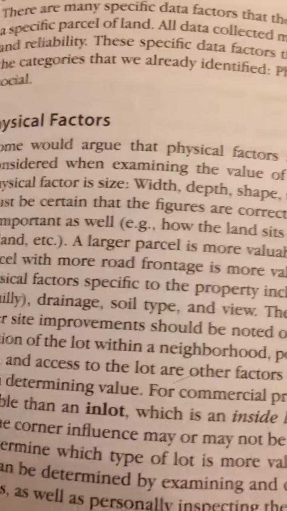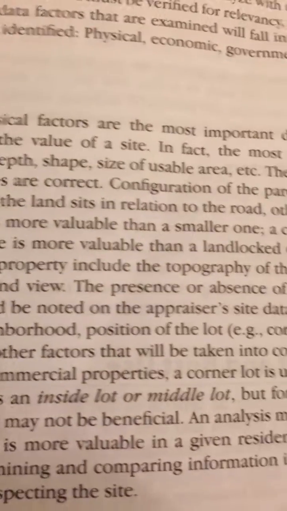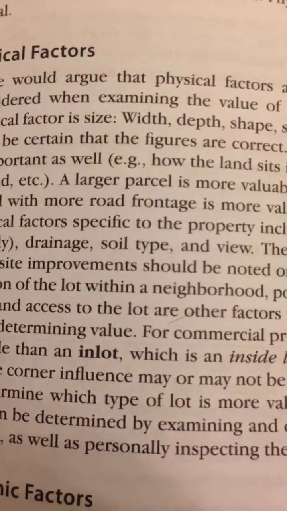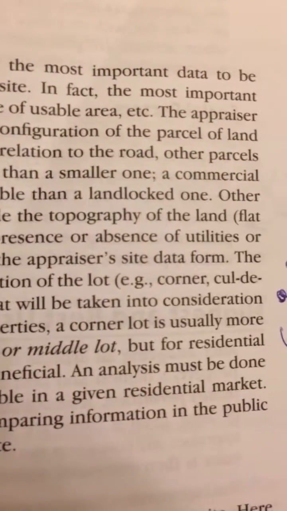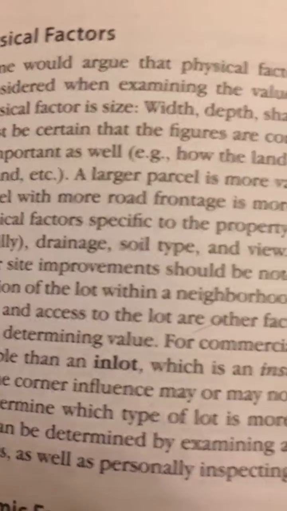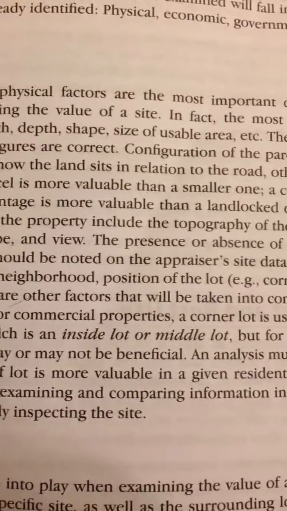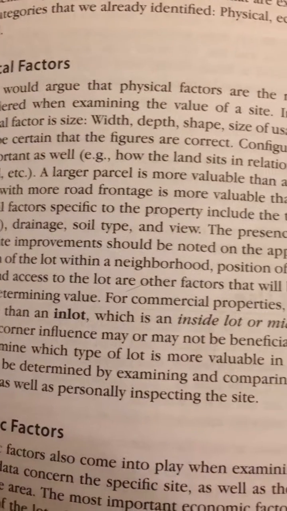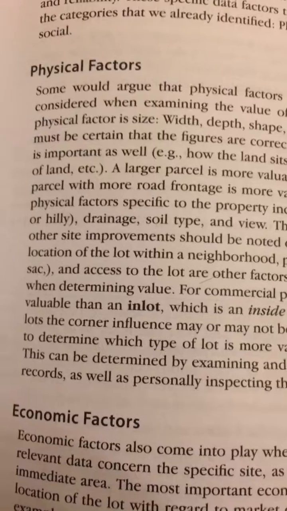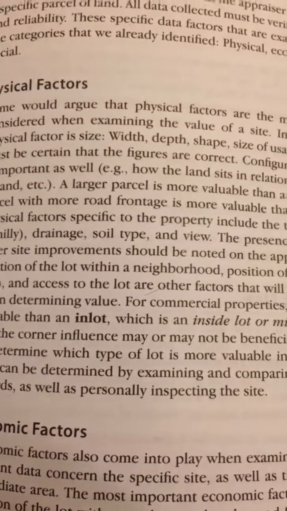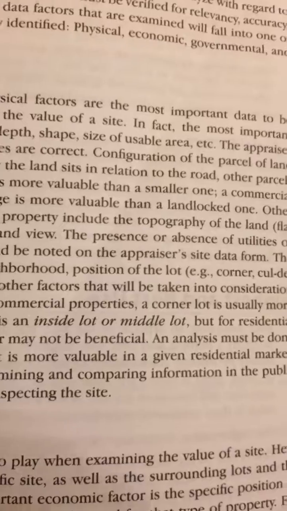Other physical factors specific to the property include the topography of the land, flat or hilly, drainage, soil type, and view. The presence or absence of utilities or other site improvements should be noted on the appraiser's site data form. The location of the lot within a neighborhood, position of the lot, for instance, is it a corner, a cul-de-sac, and access to the lot are other factors that will be taken into consideration